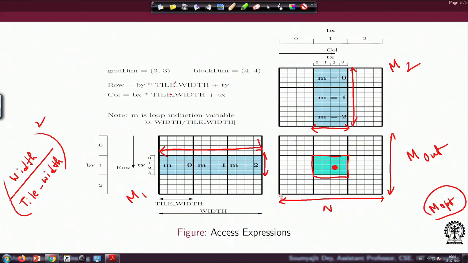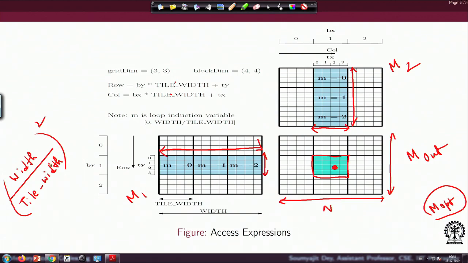Because as we can see in this example, the matrix will be divided into tiles by the width, considering width and length both the same here. So I have to access that many tiles on the x side and on the y side, you multiply them, so you have to access this many tiles. So this M-opt would be accessed this many times.